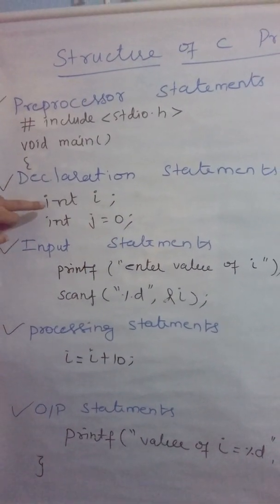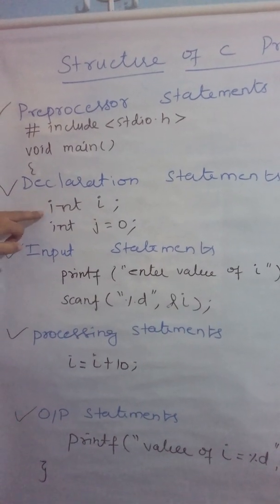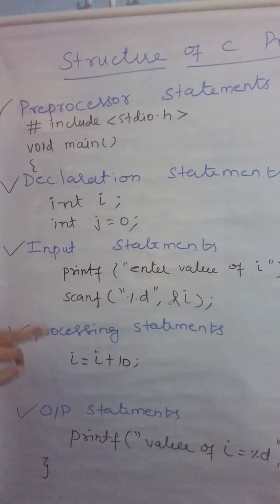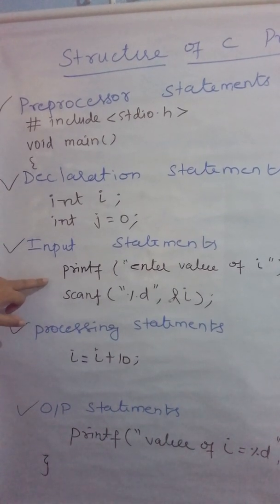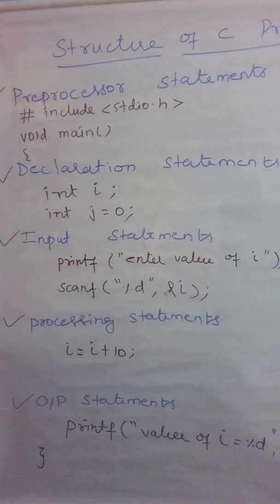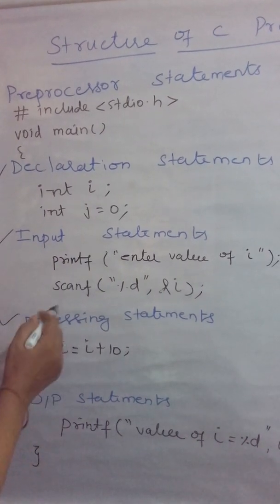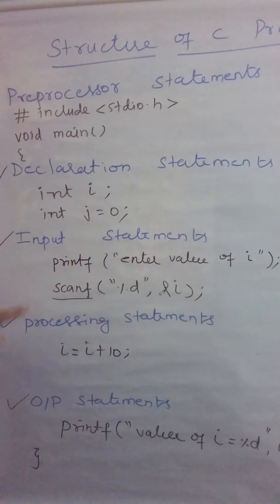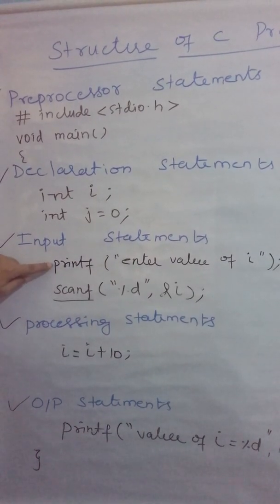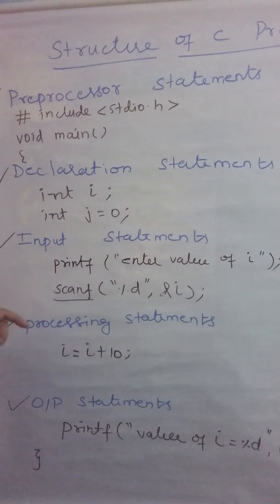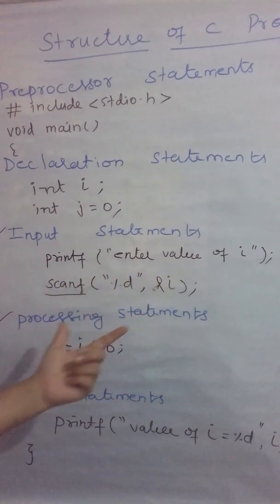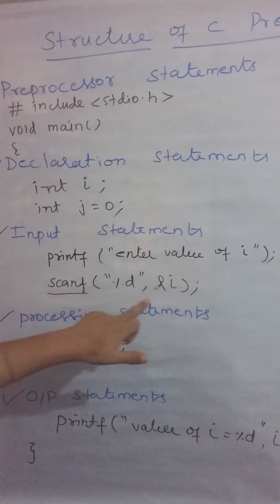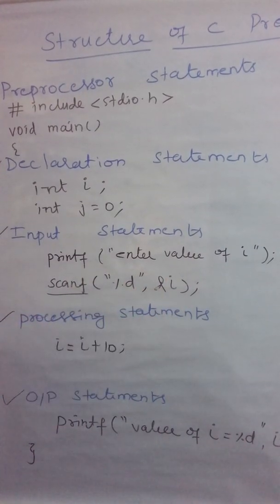If a variable does not take any value in the declaration, you can get the value for the variable from the user through your keyboard. To get the value, we use the input statement scanf. Every scanf statement is prefixed with one printf statement. In the printf statement, you give the message about what value you are expecting. This scanf statement is to get the value for this variable i.